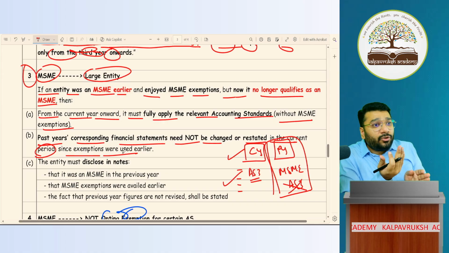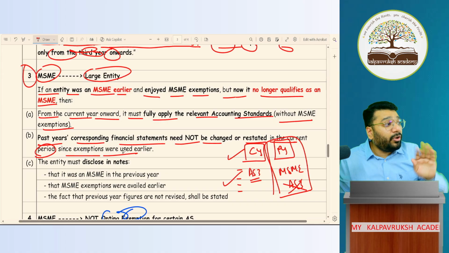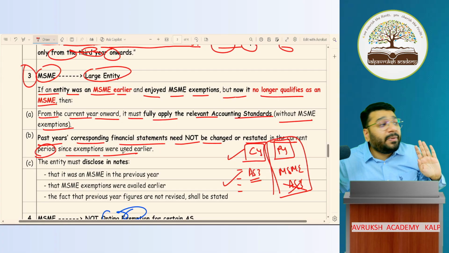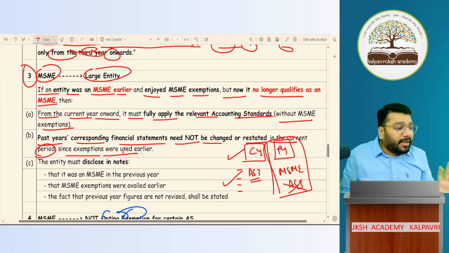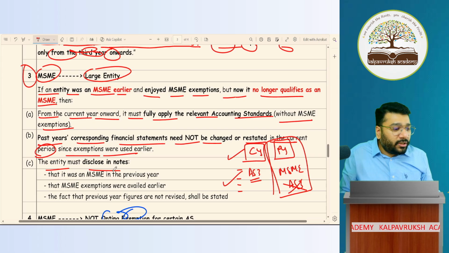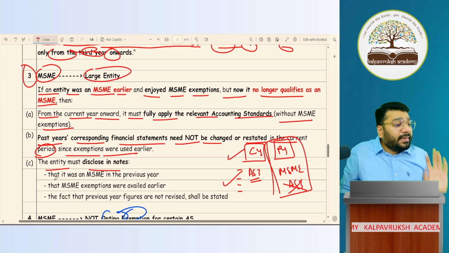In comparison to that, previous year data is not required, because in the previous year you had the exemption, no? So in the current year also, you need not prepare the data of the previous year. Got it? But you have to give some disclosure notes. What is the disclosure? First you have to tell that it is an